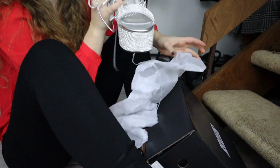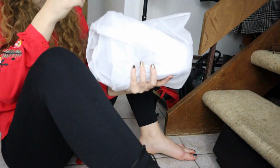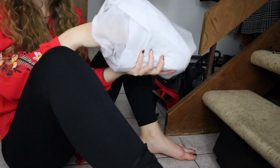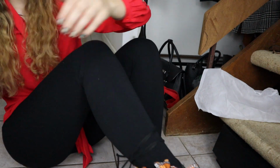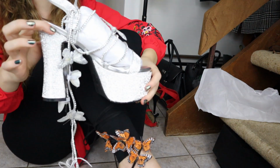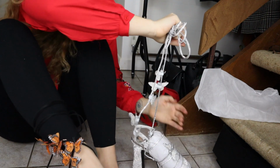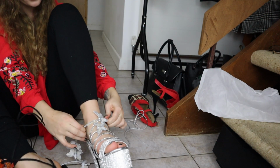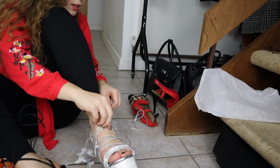Oh, that's the right foot. So these ones are just insane, I love them. But I need to get the other one out now. Okay. So are they roughly the same height? They look roughly the same, don't they? So I should be able to walk in them. Right. I can't believe they're made out of rhinestones. This is mad. And we're just gonna...